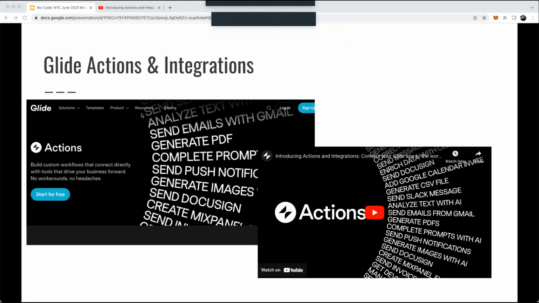And so we're seeing a lot more of these. This just launched, I think, 2 weeks or 3 weeks ago, so it's a relatively new automation feature for Glide. It's pretty interesting how many other platforms are doing something like this, but there are whole companies that just do this, like Zapier, for instance.